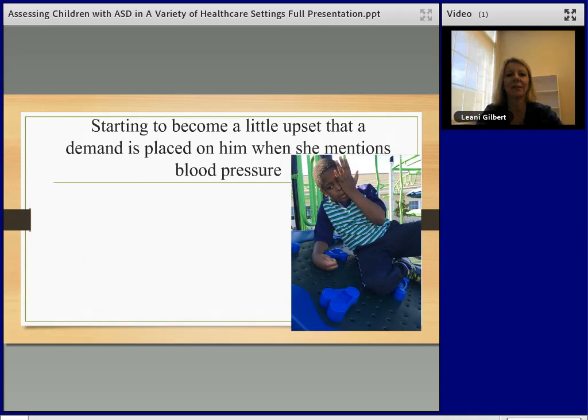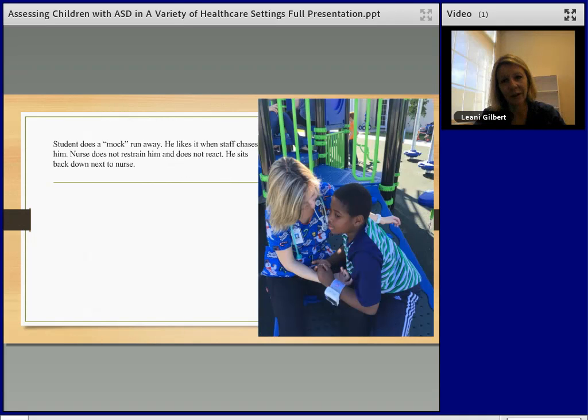It sounds that he might be, he just wants to be left alone, and I've mentioned blood pressures at this point, and that can also mean all done. He's all done. Thank you, go away. We also see some students like to mock run away, so we know not to